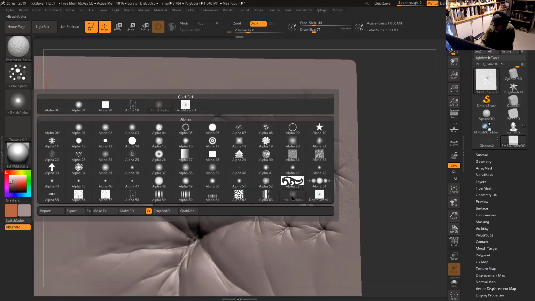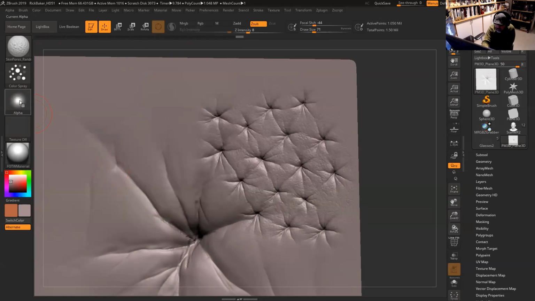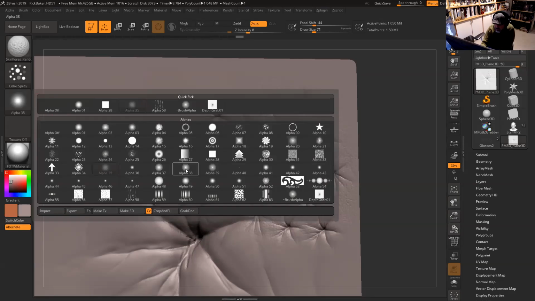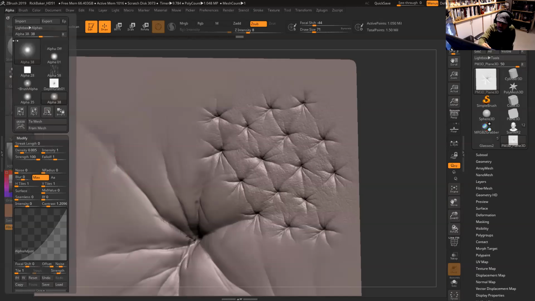Oh, it's not pre-selected here. I think it doesn't matter that much. Let's try 35, maybe no, 35, let's see, 38. Yeah, 38 is better. So alpha 38, and then here in the alpha settings,